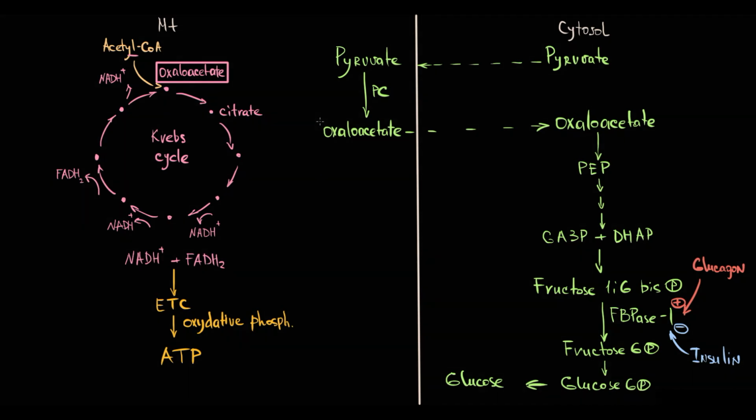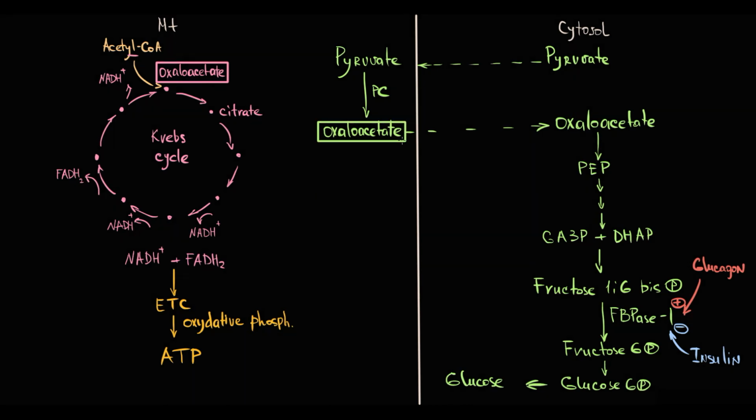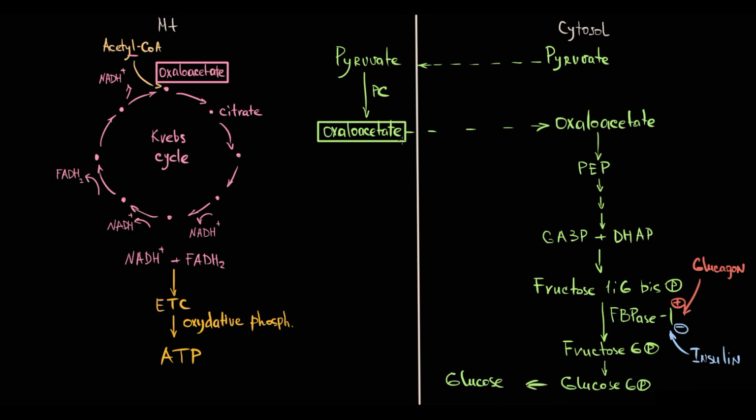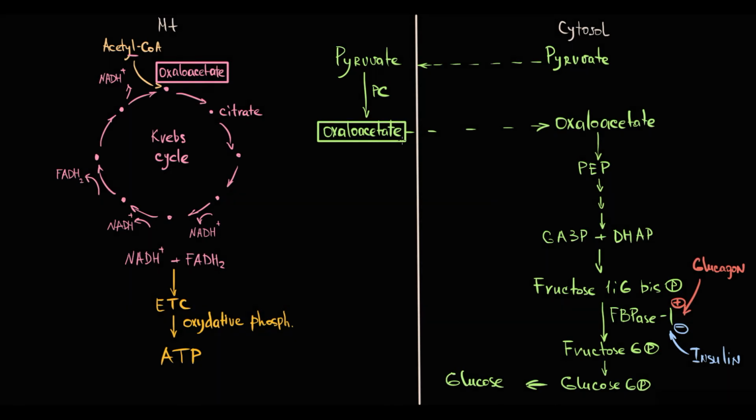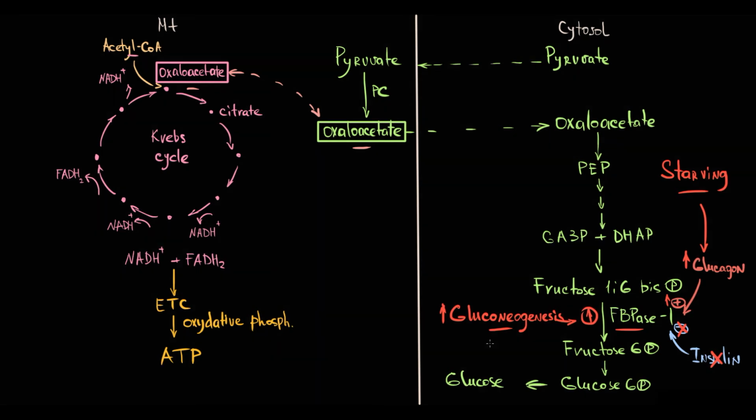And now we see that Krebs cycle and gluconeogenesis have one metabolite in common. It's oxaloacetate. Moreover, at this point of gluconeogenesis, oxaloacetate is located in the mitochondrial matrix, where also the Krebs cycle occurs. So oxaloacetate can be used in both processes. And in conditions such as starving or in diabetes type 1, glucagon level is very high and insulin level is low. This pro-glucagon state markedly stimulates gluconeogenesis, and basically gluconeogenesis becomes the first priority, and this makes sense because glucose is